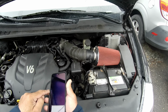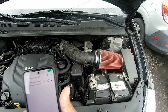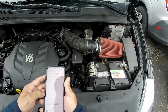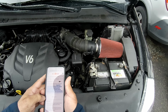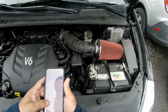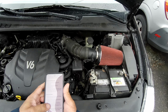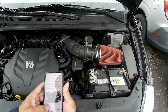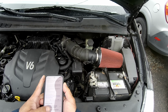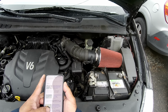Let's see. How do you check transmission fluid on a 2012 Kia Sedona? So it looks like it's got a fill plug on the side. Yeah, but how you check the level? Let's see. Because